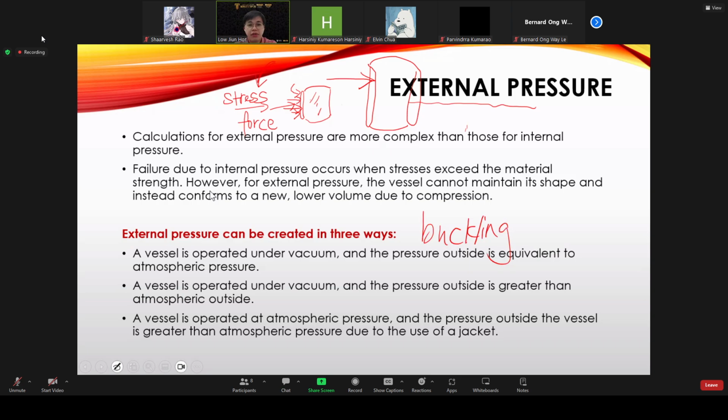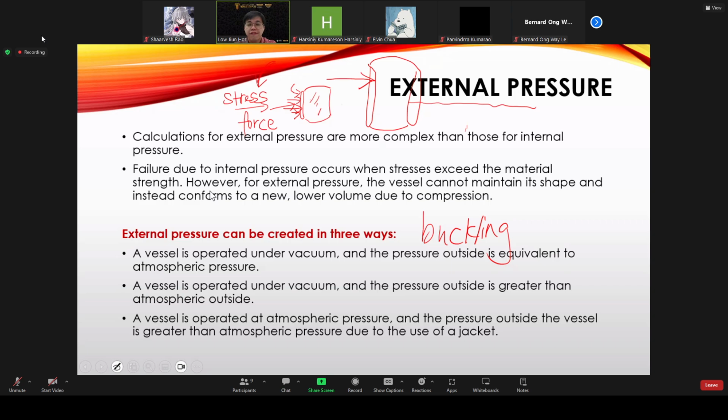So this is the outer surface of the pressure vessel. Here is the force, here is the stress. If the force or stress of the pressure outside the pressure vessel is larger than the pressure or force inside the pressure vessel,